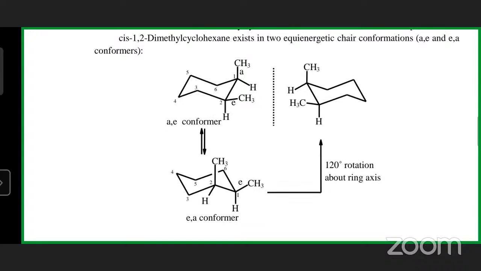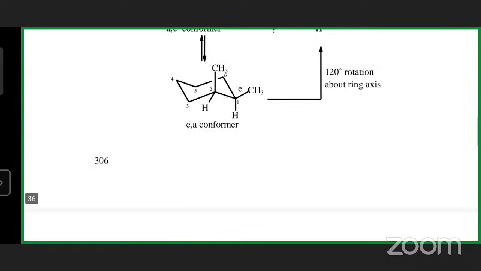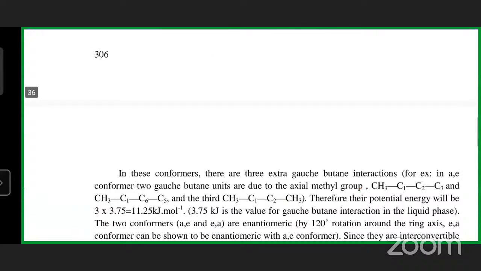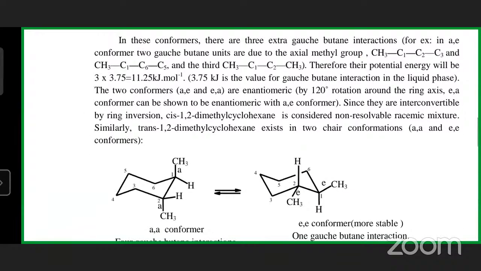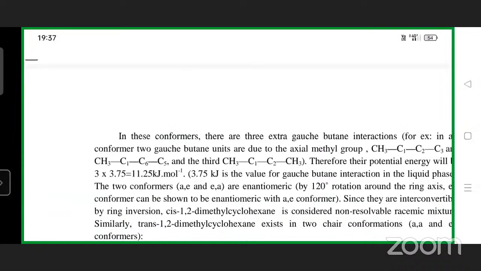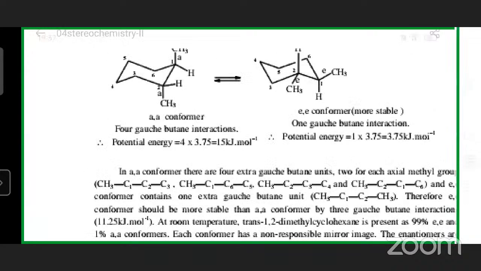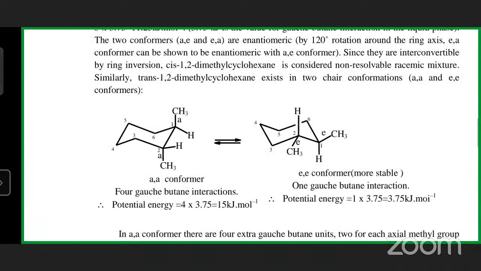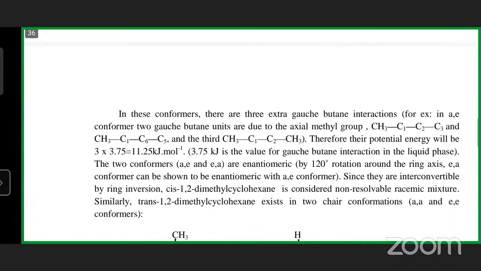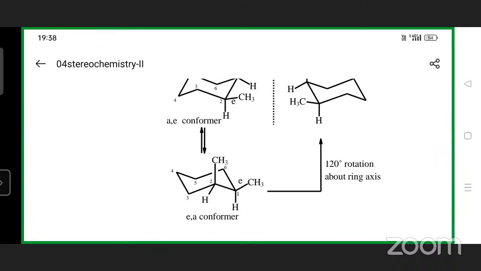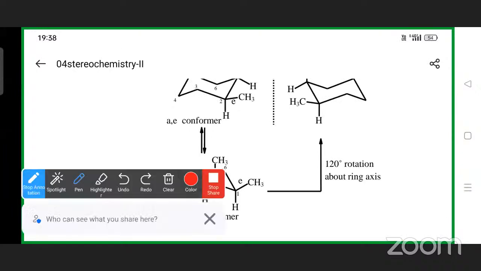Right? Okay. Now you see in this particular conformation, right? See this, there are extra gauche interactions. Right? Gauche interactions are there. But you see, when you convert this into the Newman projection formula,